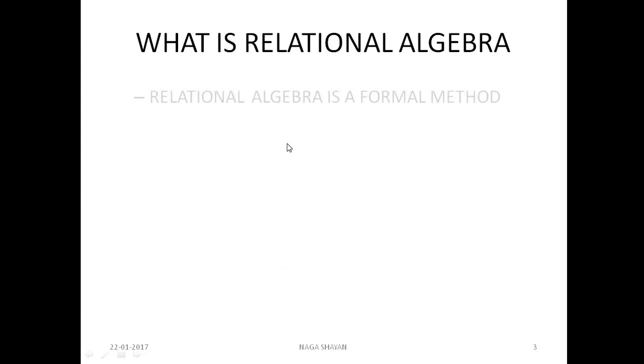What is relational algebra? Relational algebra is a formal method. Formal method in the sense that it is not an implementation model. It is like writing an algorithm for a problem before executing it in a practical programming language. There are many query processing languages available. In order to generalize the solution to all the query languages for a particular problem, we can use this formal